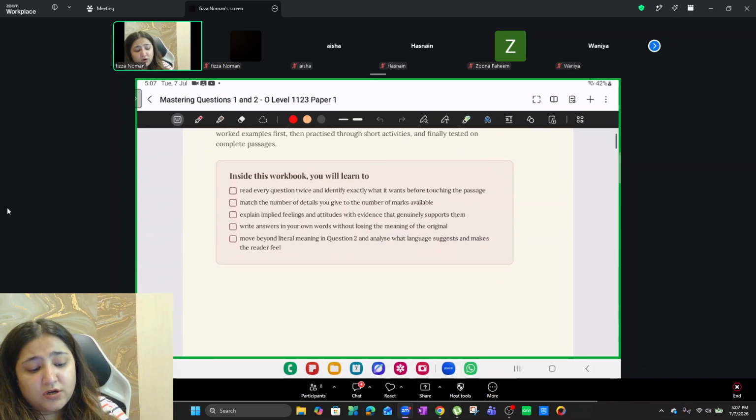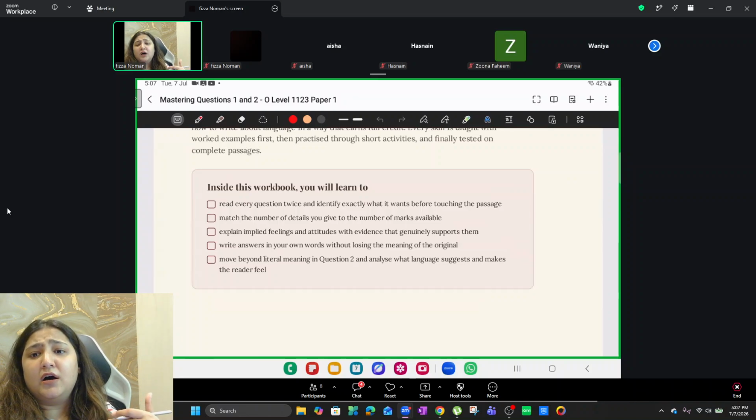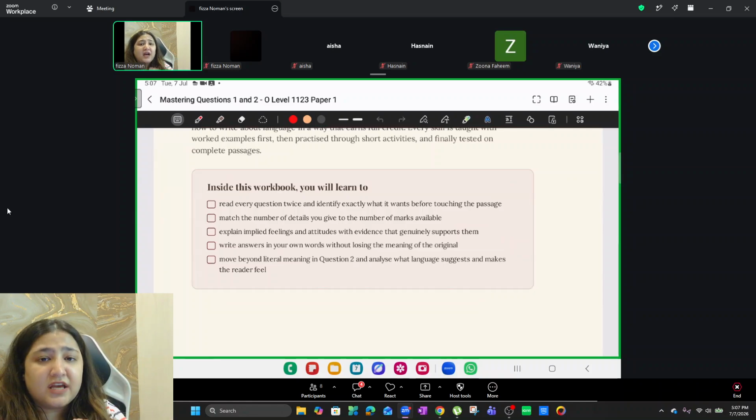So, in this workbook, you will obviously be able to understand not just question one in its entirety, but also question number two, which in layman terms we call use of language questions, or also a minor understanding of writer's effect. Writer's effect simply means why is the writer using a certain word and what effect is being created in the reader's mind by the use of that particular word by the writer. So simply, this means why the writer used this word; the writer could have used some other word too.